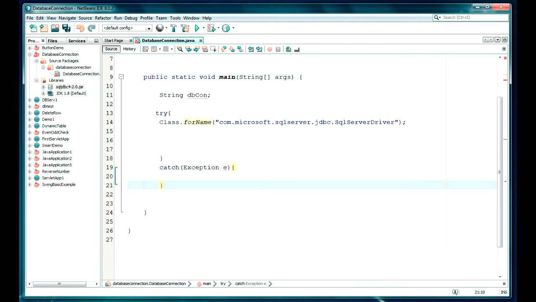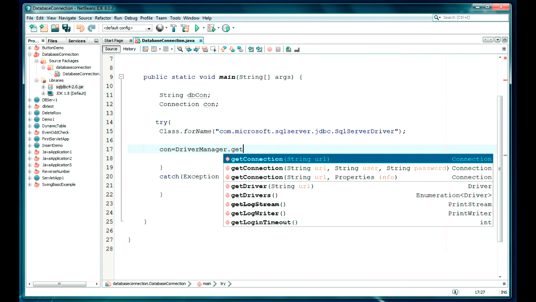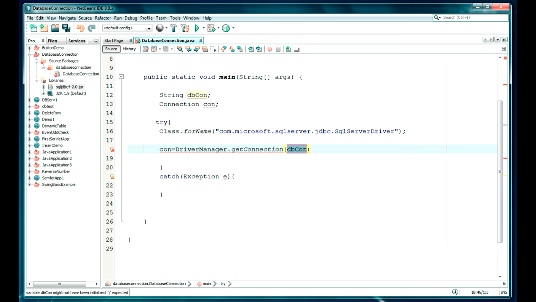Yes, now the string has been set. We will be using a connection object, so I will create one connection con. Here Connection con will be DriverManager.getConnection. Here we specify dbcon, and we have not specified a dbcon value yet, so it will be the value jdbc:sqlserver